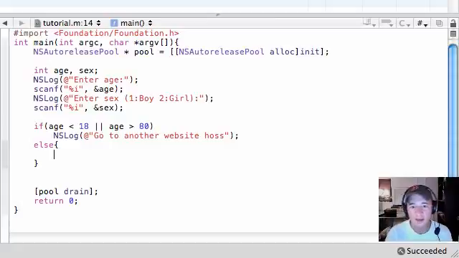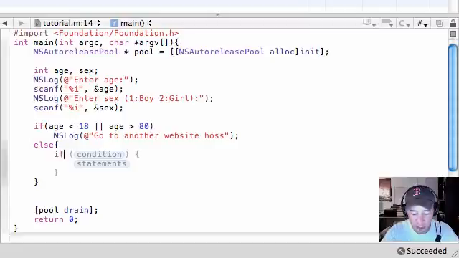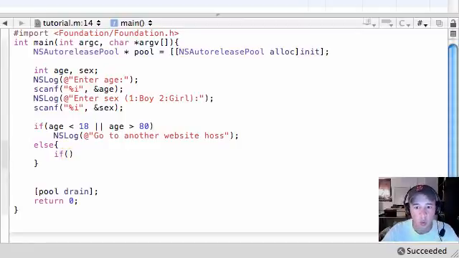statement is. If they pass one of the tests or fail it, it's perfectly valid to put a whole entire if statement and substitute for one of the statements in the other if statement. So check it out. Instead of just writing a statement here with a semicolon, you can actually put another if statement. So if they pass the test and if they are in the proper age range, then what we want